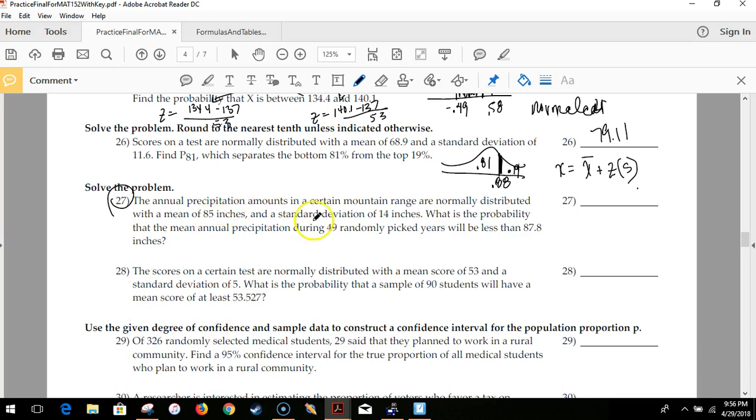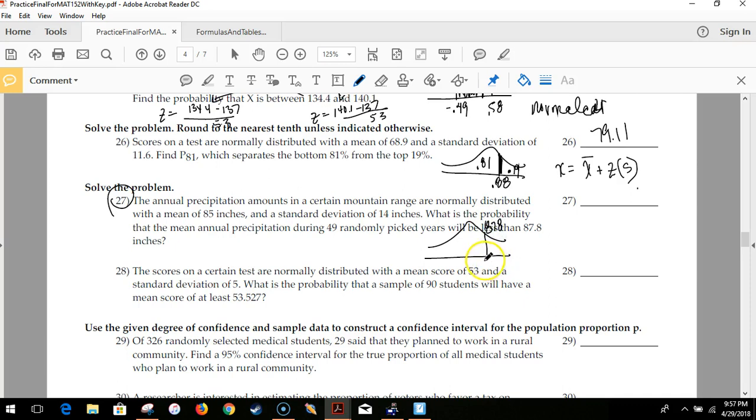Annual precipitation amounts for a mountain range are normally distributed. There's a mean of 85 and a standard deviation of 14. What's the probability that the mean annual precipitation during 49 randomly picked years will be less than 87.8? So this is the bunny story, right? You remember the video, all the little bunnies were on the scale, and then we found their mean weight. Same idea. I got all of the snow, I pack it somehow all onto a scale and I divide by 49. What's the probability that that mean for that particular sample is less than the